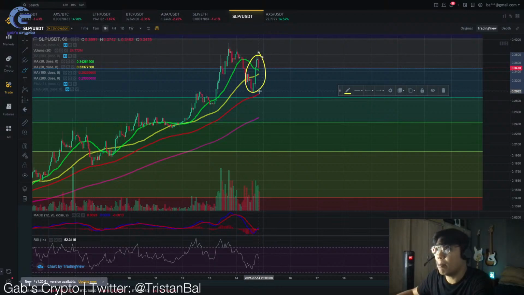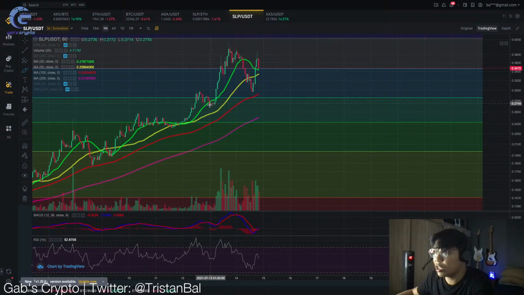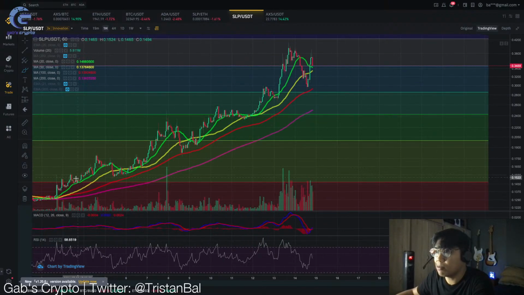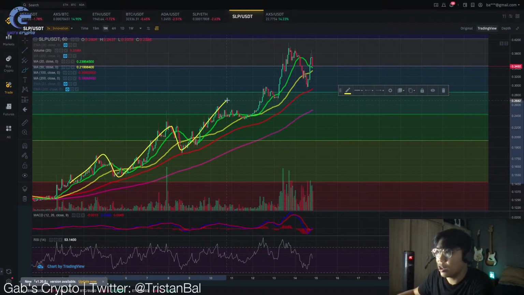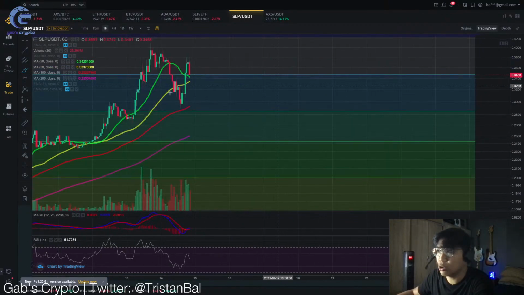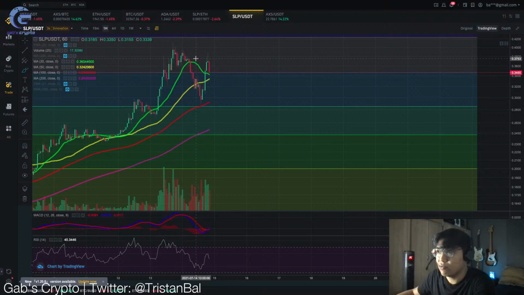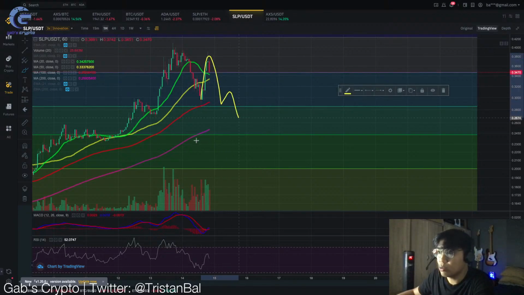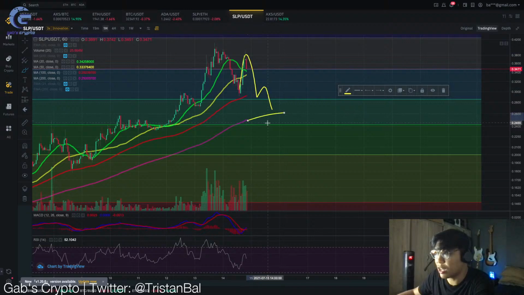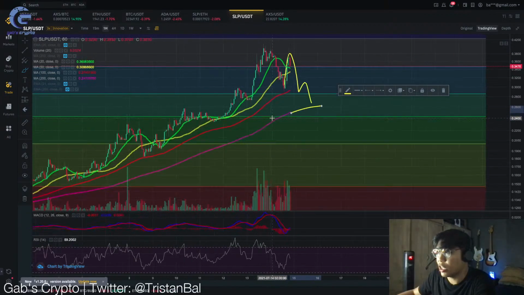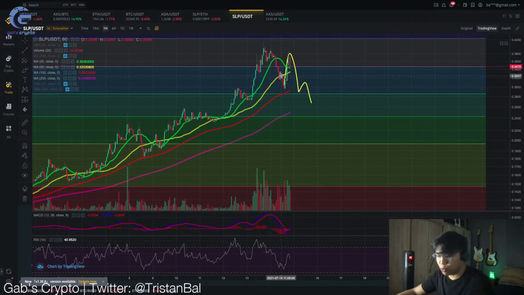So this is actually bad news for SLP. Kasi if nagkaroon tayo ng up trend, remember, so higher low, higher high, higher low, higher high, higher low, and then the same goes on. Pero if hindi nag-continue yung higher high, this is a bad sign kasi this is called a dead cat bounce, indicating na the bulls is not sustainable anymore. Ibig sabihin yung pump is not sustainable and at some point, this now must correct to the moving averages, which is yun nga, the 200 moving average and other indicators na pwede pang magsabi na pwede maging mas bumaba pa.